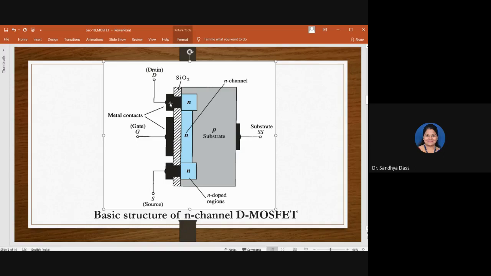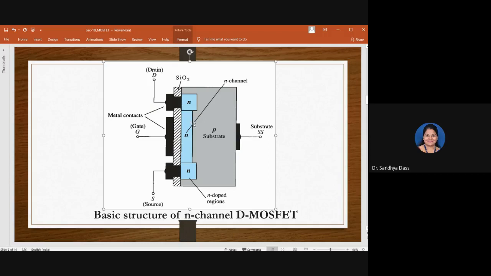So between these metal contacts and the semiconductor material, there is a very thin insulating layer made of silicon dioxide. So this actually forms an insulator, which means it doesn't provide any direct electrical connection between the leads and the semiconductor material. So why is that? You will understand as we go on with the working and the operation. Why is it used and what is its significance.